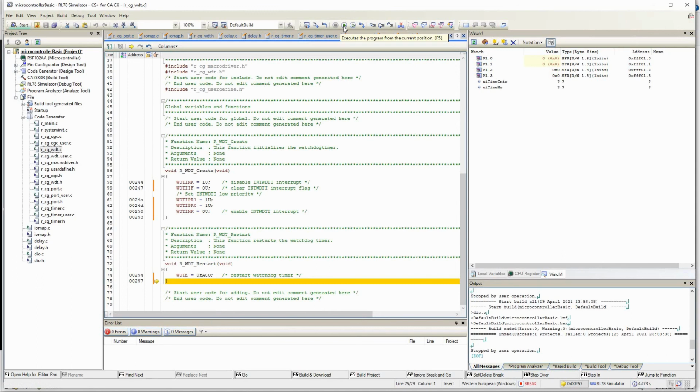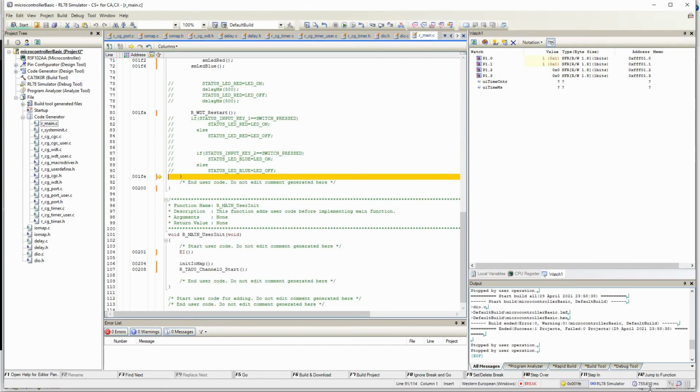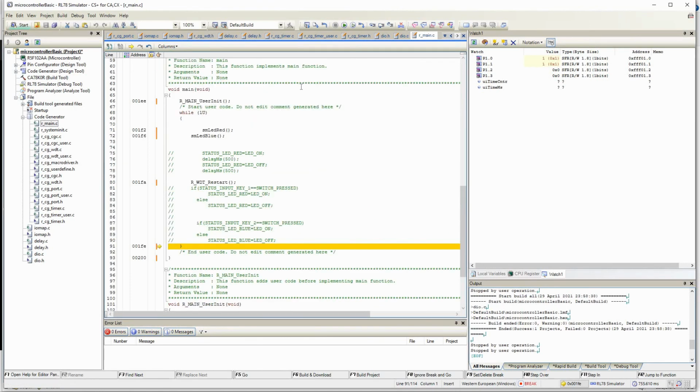So now it has been only 4.3 seconds. My PC is a bit slow, that is why the simulation is not running at the correct speed. It was 4.3 seconds, and even though I paused it after like 5 to 6 seconds, it only ran 755 milliseconds. Yeah, so that's it with the state machine approach of writing code.